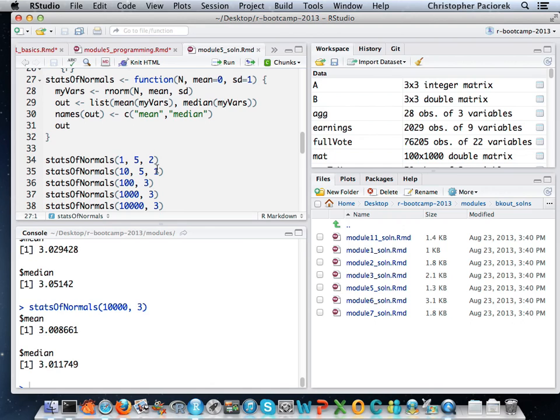There's a slightly different way that we could have written this. The way that we wrote this was to explicitly have these arguments mean and standard deviation and explicitly pass them through to rnorm. But I believe what we could have done instead is to use this ellipsis argument and just say that all of those ellipsis arguments are going to get passed straight on through to rnorm. And I'm crossing my fingers.